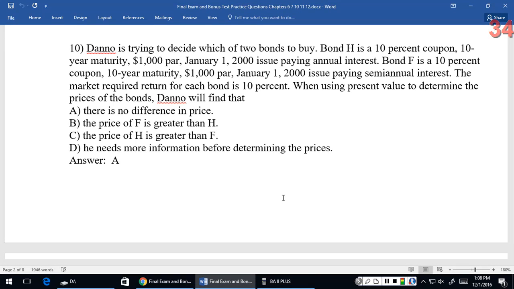So when looking at this, tell me why answer A is correct. You can see the answer given to you, but tell me why answer A is correct. Okay, because expand on that a little bit. Everything by meaning, what do you mean by everything?